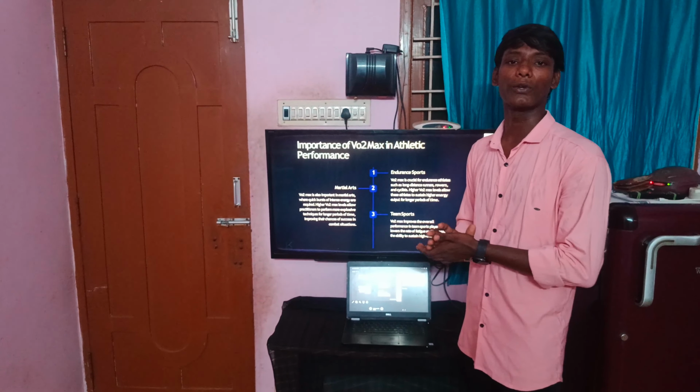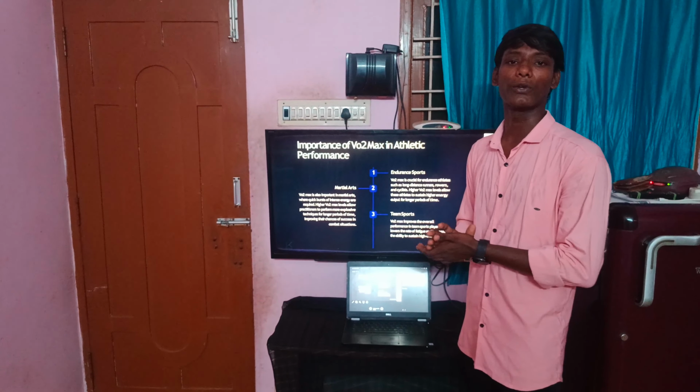So the limitation and concentration of VO2 max, as we see in the factors affecting it, are the same, like genetic limitations. It is not common to everyone. Some people will lag on the genetic side, or because of age-related and other factors. But when we combine both in a very good manner, we can achieve VO2 max at a very high potential level.